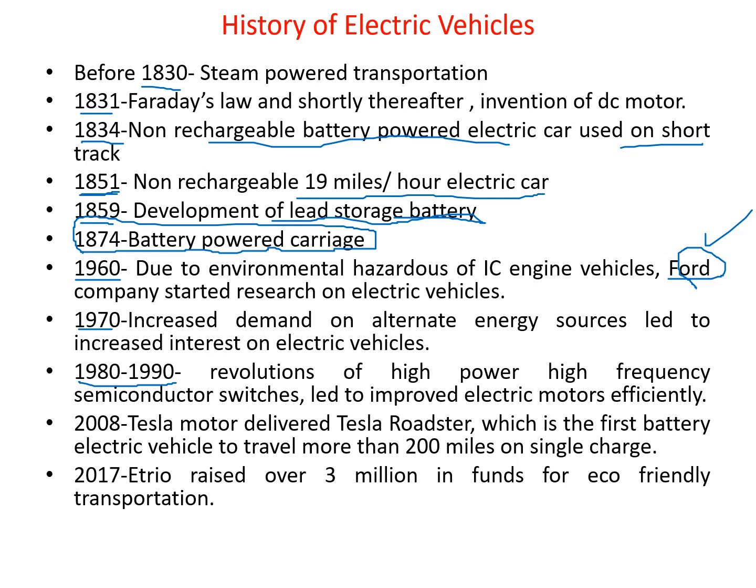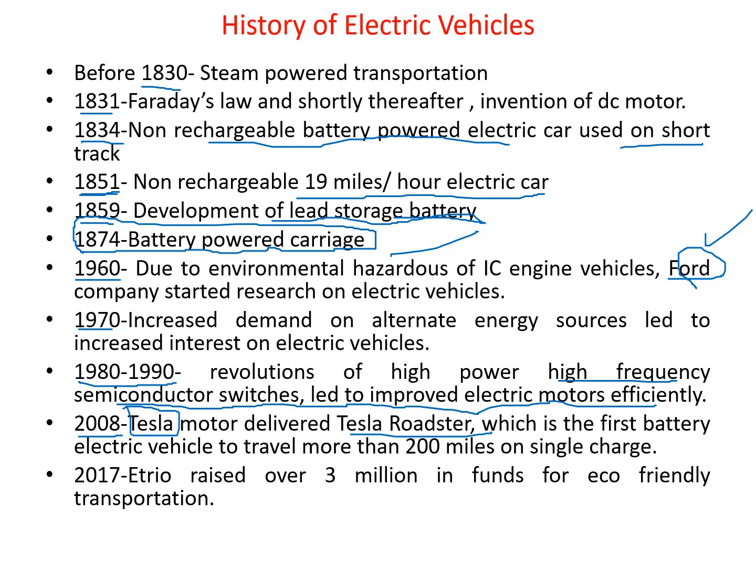So what revolutionary thing happened between 1980 and 1990? The high frequency semiconductor switches. Once they used the high frequency semiconductor switches, they could improve the electric motors' efficiency by using these rechargeable batteries. In 2008, the company called Tesla, Tesla Motors, delivered the Tesla Roadster, which is the first battery electric